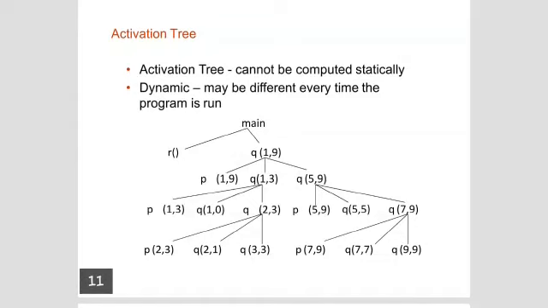Thus, in this way the activation tree is built, and the lifetime of the activation of that function is the whole procedure. Whenever all the instructions have executed, control is returned to the point next to where that function was started. So these are the things related to the activation tree. Thank you.